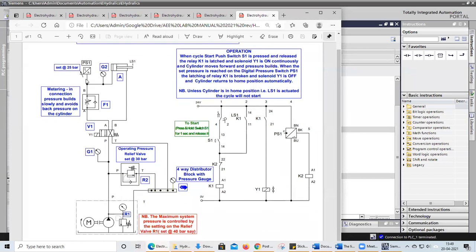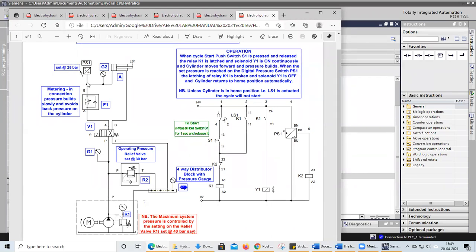This circuit is regarding pressure control, meaning a pressure switch is placed in the hydraulic circuit. I want to explain how you can do these kinds of switches in ladder logic. From here to here the operation is the same. In the pressure circuit, the pressure set value here is 25 bar.